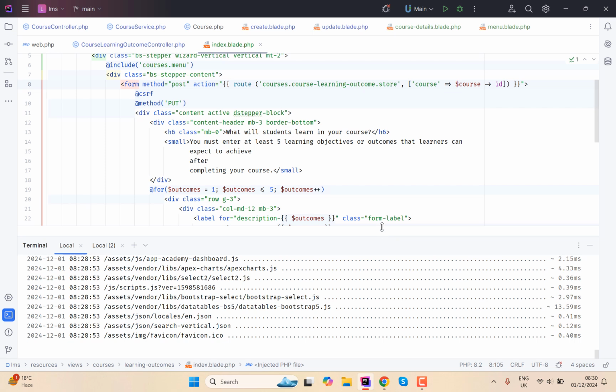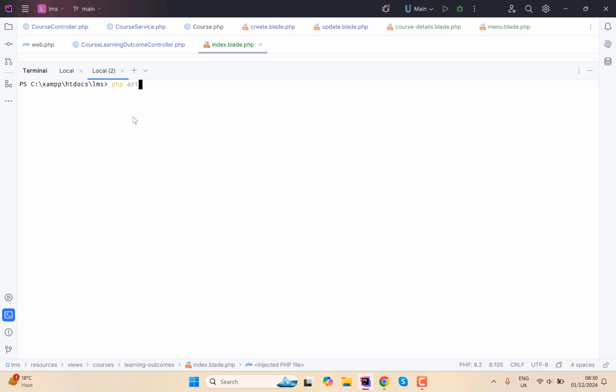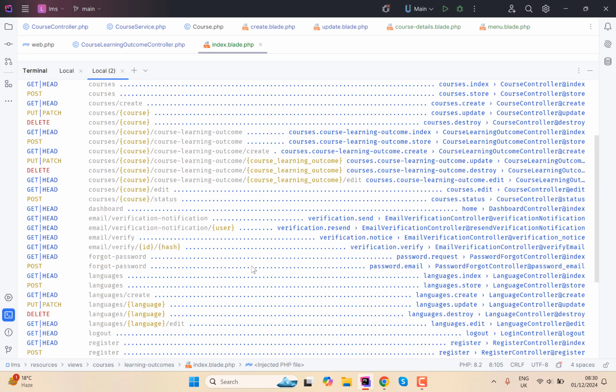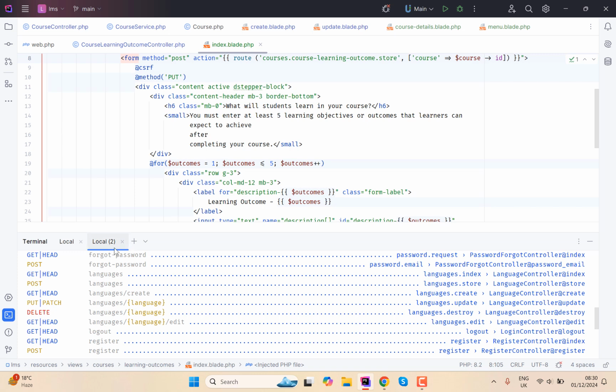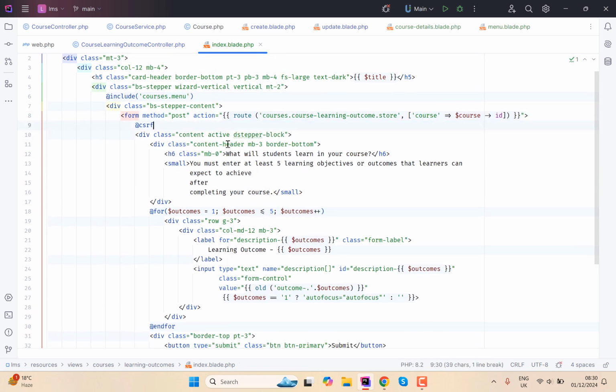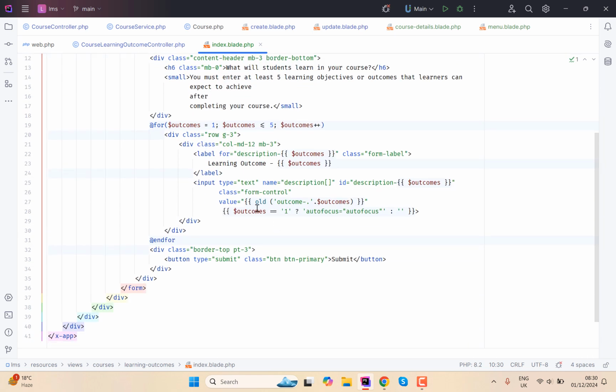If you take a look at the route list, php artisan route list, you will see here, let me see where it is. Here you can see that this is a post route, and this is courses forward slash course. So this is the course ID that we must pass, otherwise this will throw us an error. So that is why we are passing the course ID, and then our method would be post, not put. And then we have these courses. Now